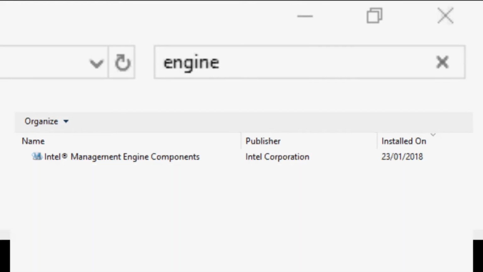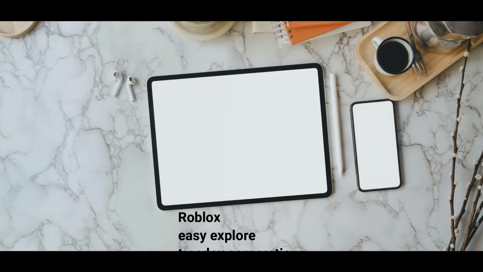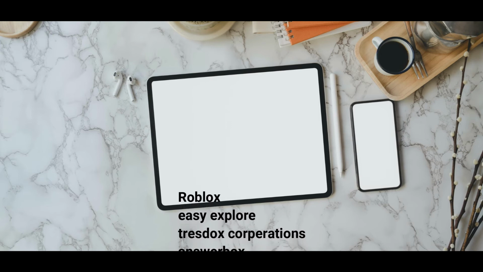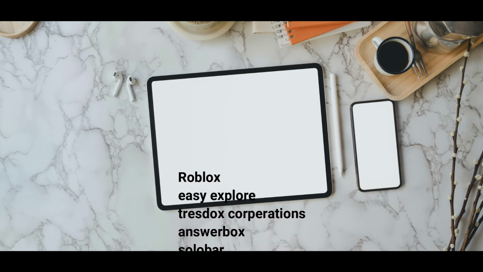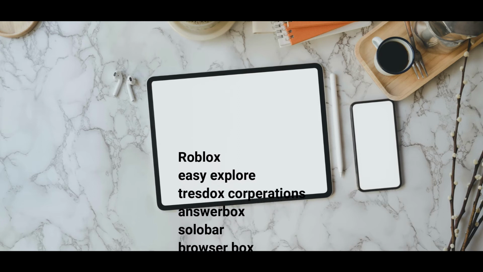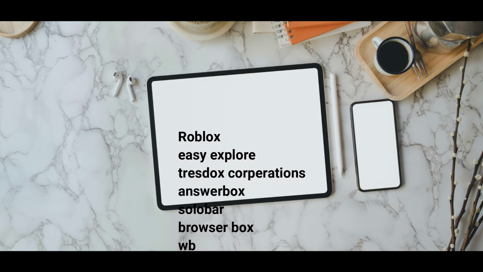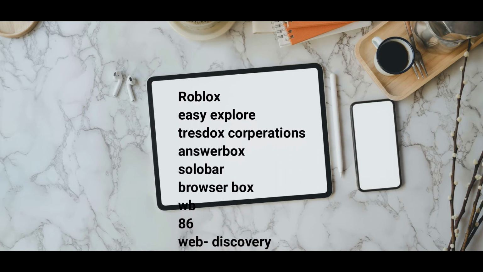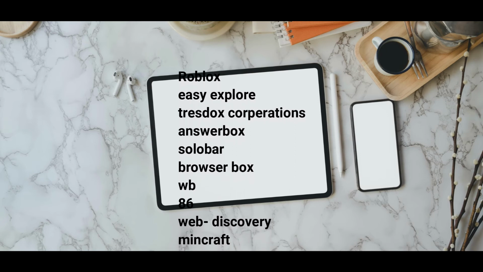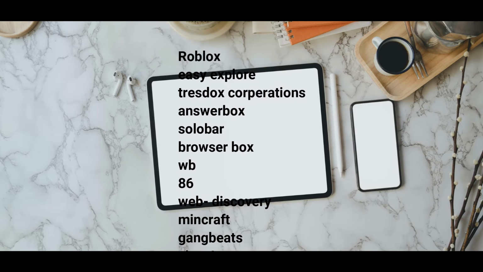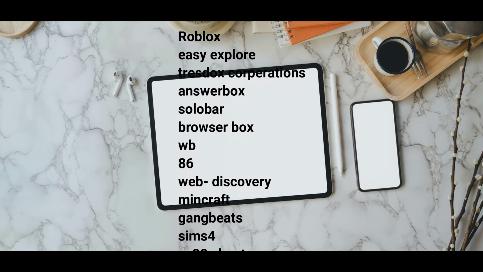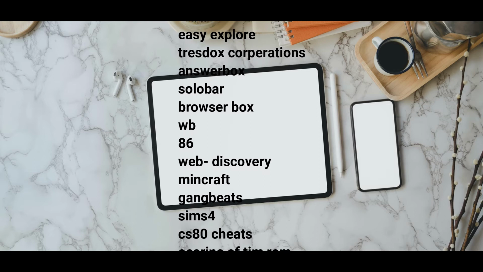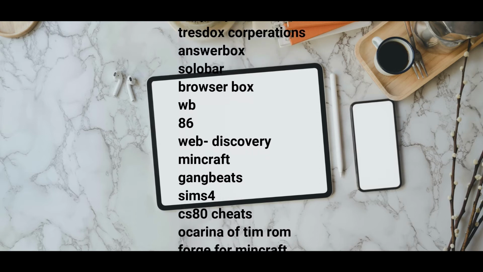Right, so as you guys know, this program usually has been downloaded if someone has downloaded Roblox. Okay, so first of all you want to search Roblox and then Easy Explore, Trust Docs Corporation, that's for black bar, I think that's what it was for, Answer Box, Solo Bar, Browser Web or Browse Web, WB 86, Web Discovery, I may have covered this already, Easy Explore, that was for white box,